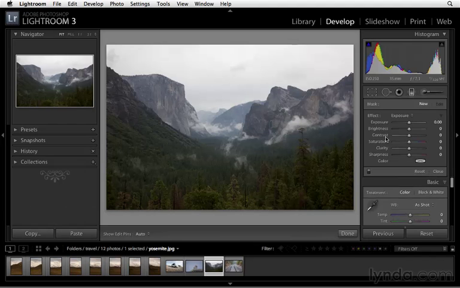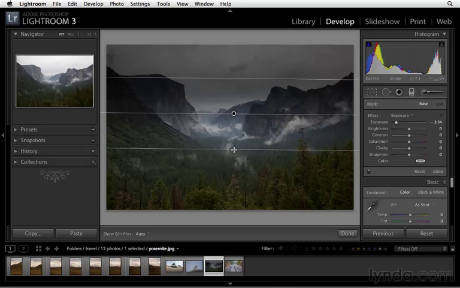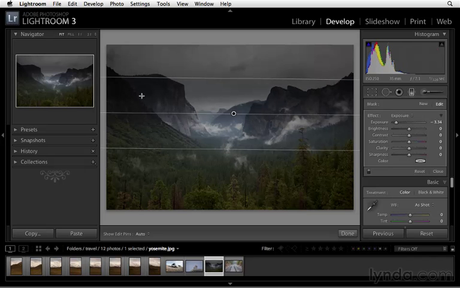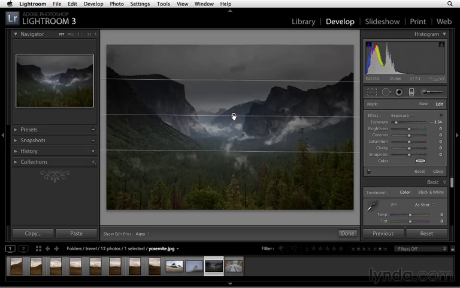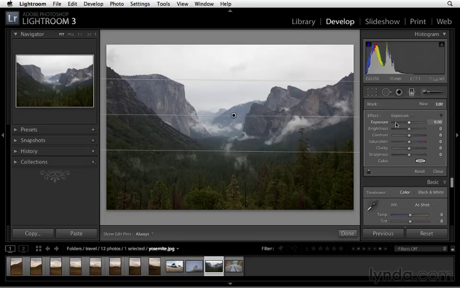And I'm going to lower the exposure not because that's what I want to do, but sometimes you can use this control to pre-visualize the adjustment you're going to make. In other words, it's really easy to see the darkening effect here and how it tapers off near the bottom. And so I can set this up so that it will work well with what I actually want to do. This is just a nice visualization of what areas will be affected. All right, now that I've defined that, I'll double-click the triangle icon in order to take the exposure back